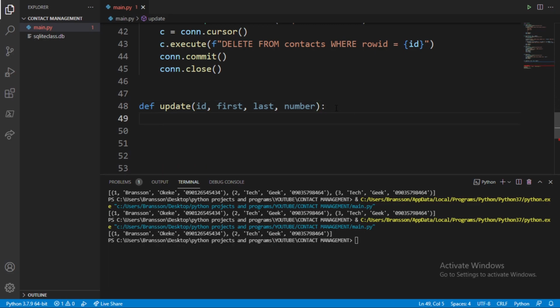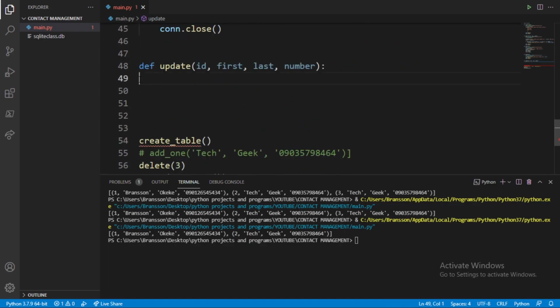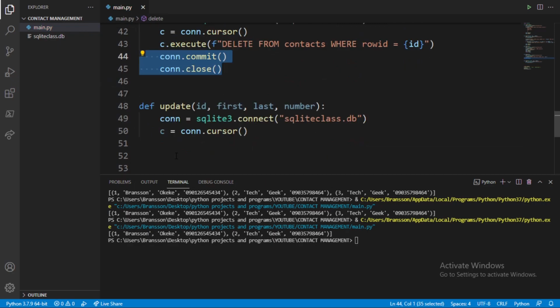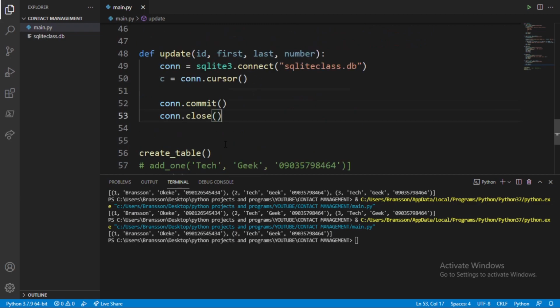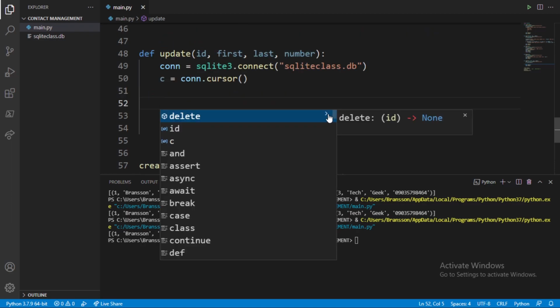And now what we're going to do is basically get all these compulsory things that we need there, which is the connection to our database. And the other one is to commit our changes and also close our connection. So those are the things that we need now. And now let's get right into the coding part. So now let's just do